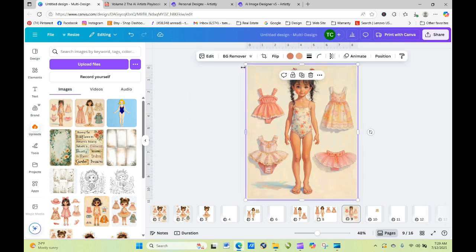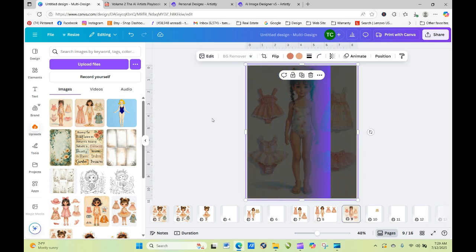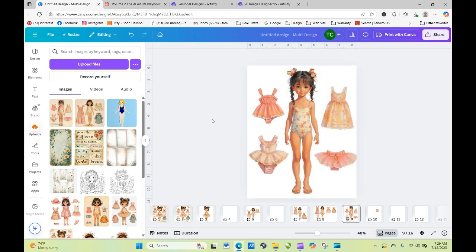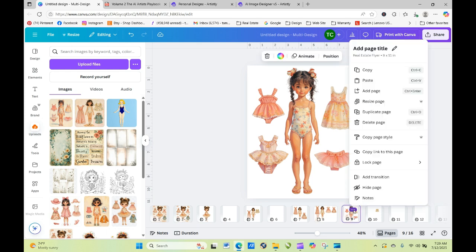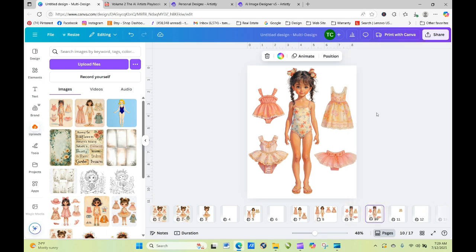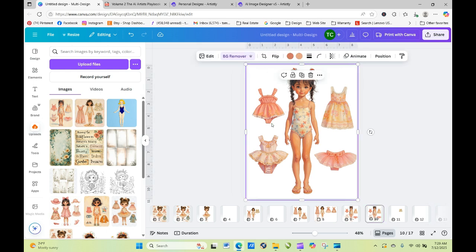Okay, so the first thing I would do is remove the background. And again, you may want to run these through an upscale first and remove the background as well. What I'm going to do here is go ahead and make a copy, a duplicate. Okay. And then I'll go in and